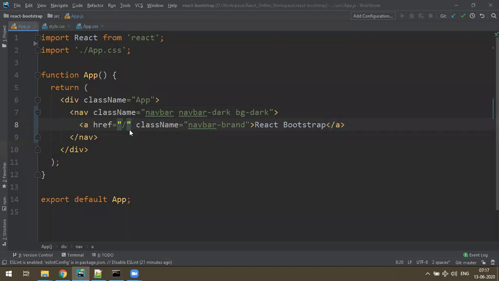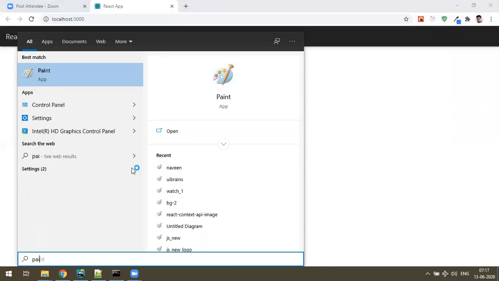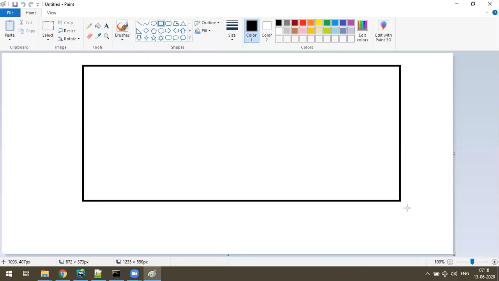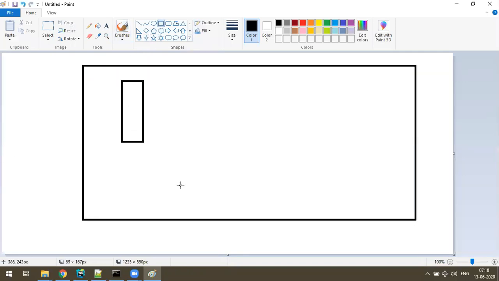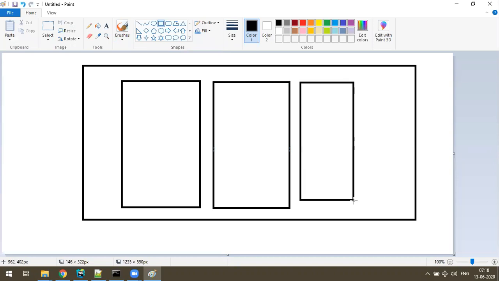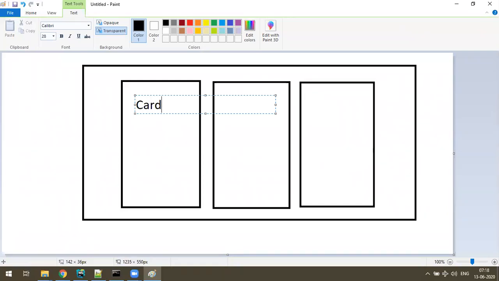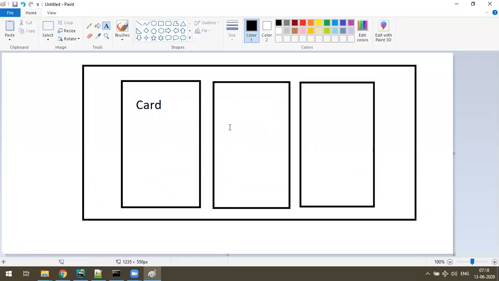Okay, fine. So below this navbar, I wanted to design a page using three cards. I'll just tell you the layout. Let me go to the page. Okay, so what is my application plan here is, I wanted to create actually three cards. Here is one card, and here is one card, and here is one card. So each card, we need to have a custom component. So I just wanted to create card components. So let's create a card component and just add it over here.